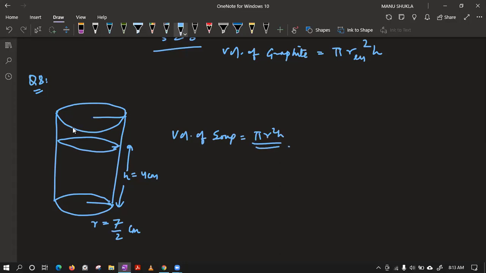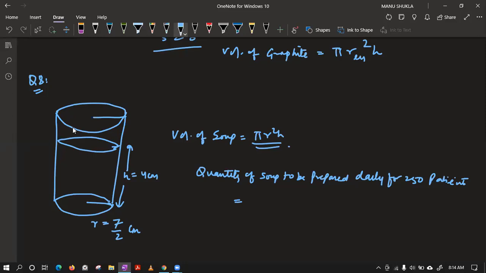After that, tell me how will you find how much soup the hospital has to prepare daily to serve. Okay, we have to find the quantity of soup to be prepared daily for 250 patients. That will be equal to how much?